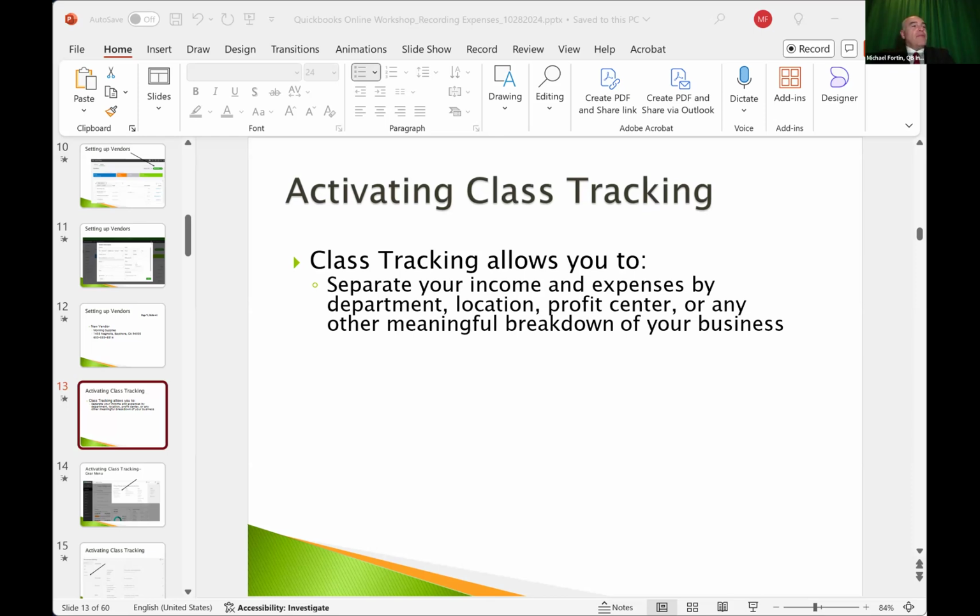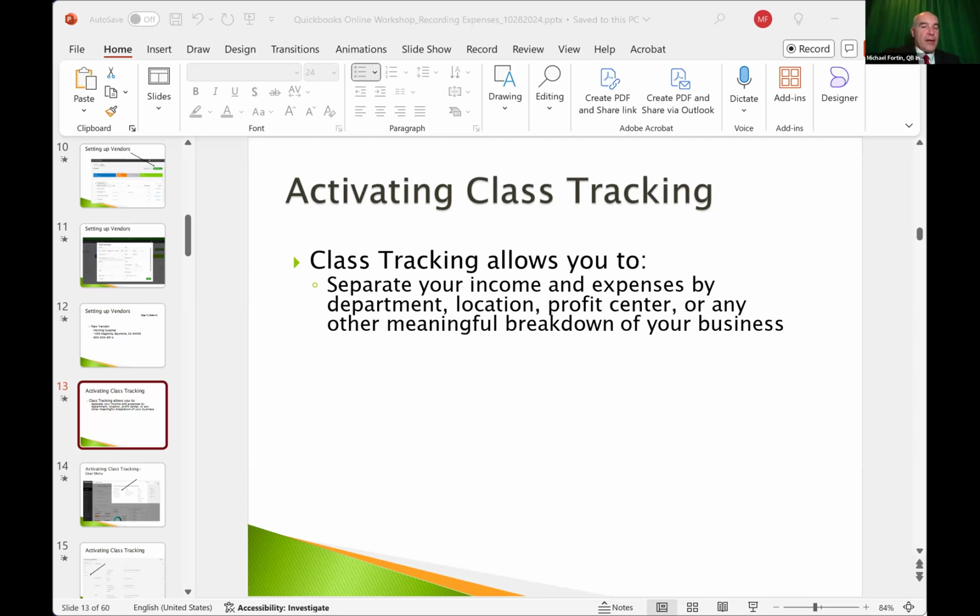So if I wanted to track how much money that each of those locations was earning, and that means record the income that came into each location plus the expenses that each location had, and then determine how much money I made at each place. And at the same time, figure out how much I made overall, right?